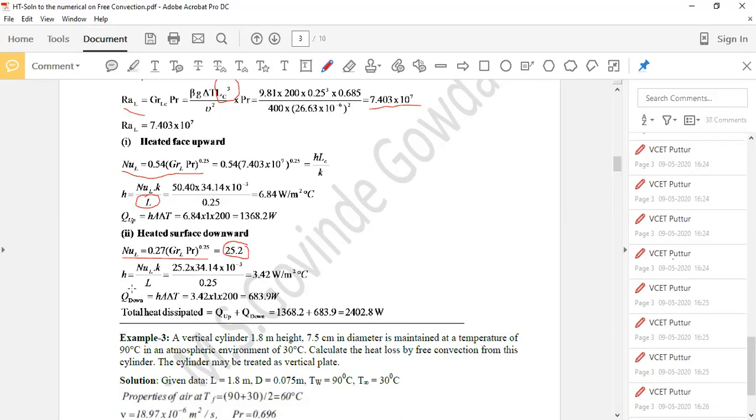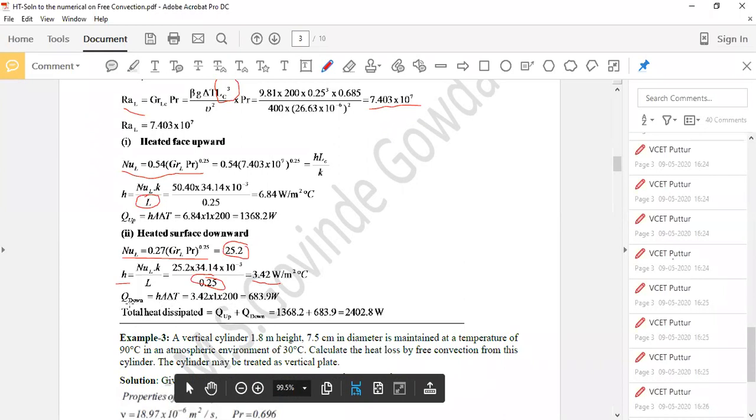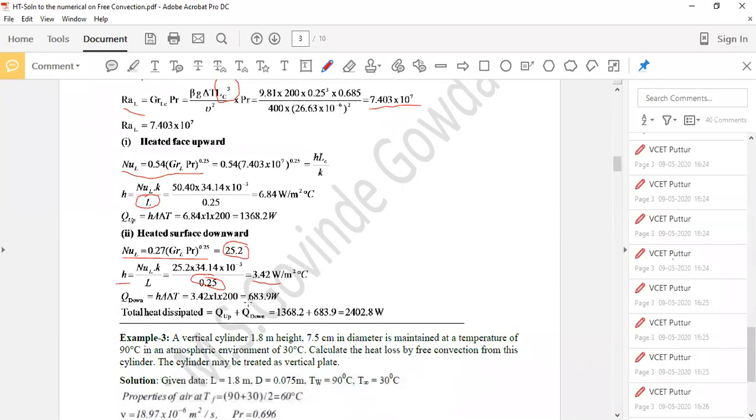And again, by using the Nusselt equation, that is Nu is equal to hL by k, the average heat transfer coefficient h, using the characteristic length, is obtained to be 3.42 watt per meter square degree centigrade. And correspondingly, the rate of heat transfer when the heated surface is facing down is obtained to be